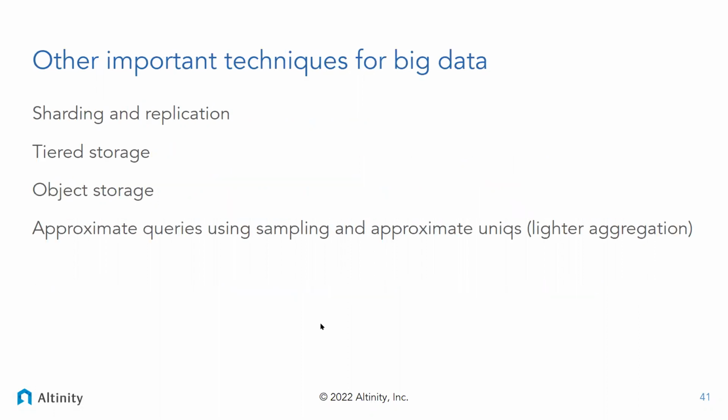Some other things that you might think about, obviously sharding and replication. Some of you probably thought I was going to talk about that, but it just happens that with ClickHouse, if you set it up correctly, it's no problem doing 1,000,000,000,000 rows on a single VM. Tiered storage and object storage. Probably the most interesting topic to really think about is how to save memory.